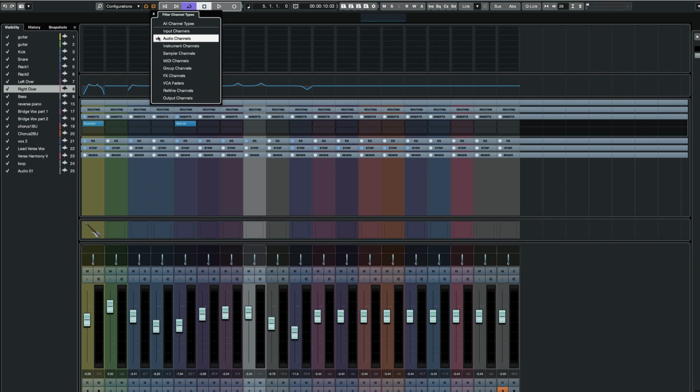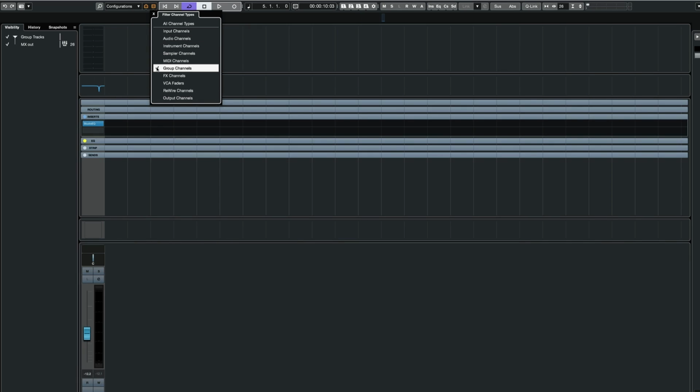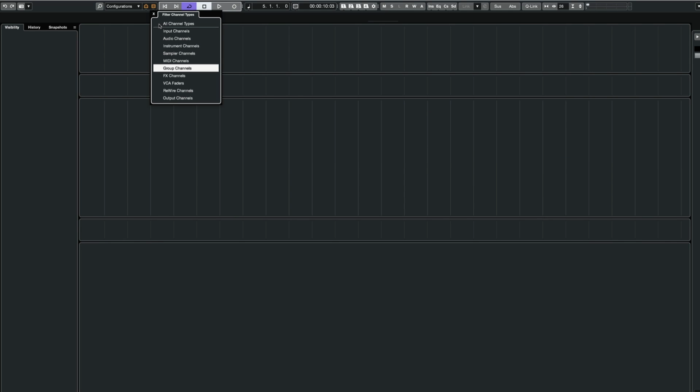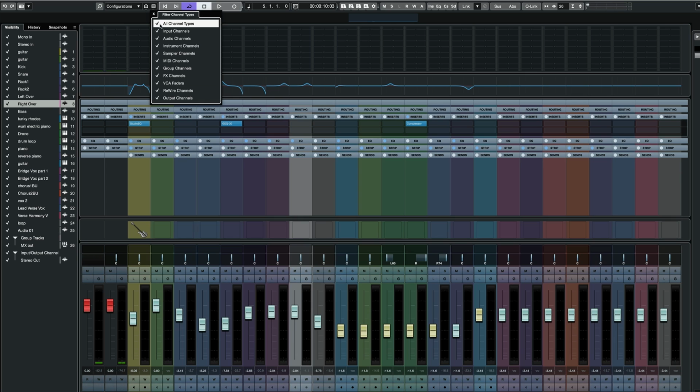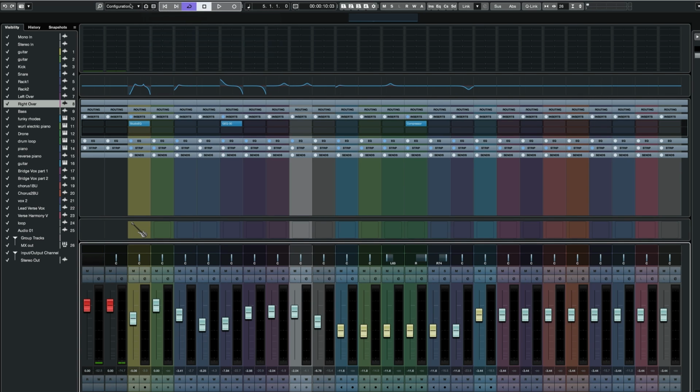Similarly, if I just want to see audio tracks, bang, it's now given me all of the audio tracks that I have in my project. Or where was my group channel? I think there was one group channel. There it is, and now it's showing. So it's a really nice feature to have if you're trying to find certain types of tracks or filtering by type of track. You can do that. Obviously, you've got MIDI tracks, sampler tracks. This is really helpful. This is a view filter in terms of showing tracks with data. It's pretty self-explanatory. But what I do want to do is run through this scenario.